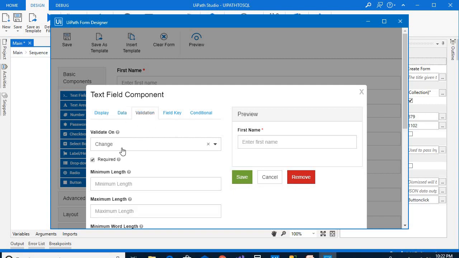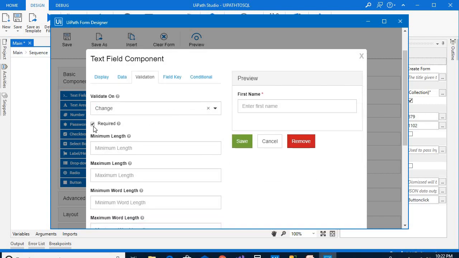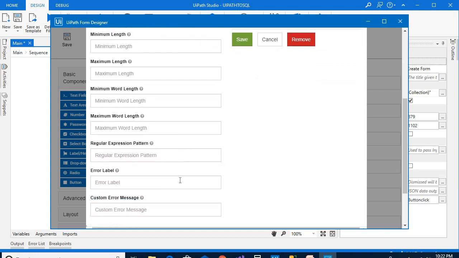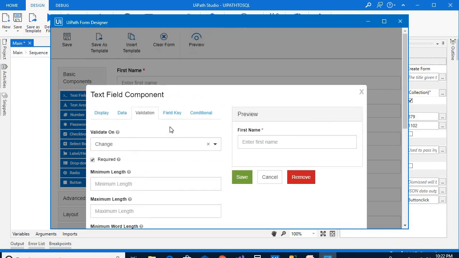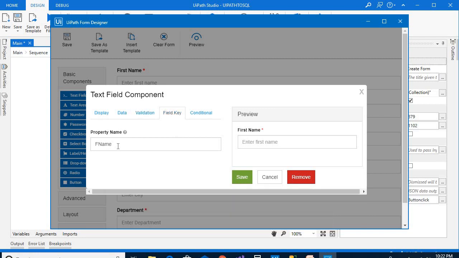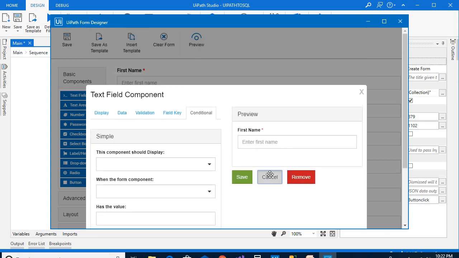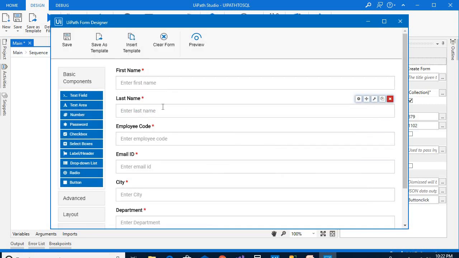And in the validation tab I have given this as required, meaning this field is a mandatory field. So it will reflect when I click on the submit button. And the field key I need to give here, that is fname. Like this I have given all the fields as mandatory.